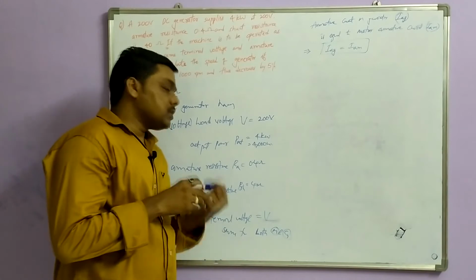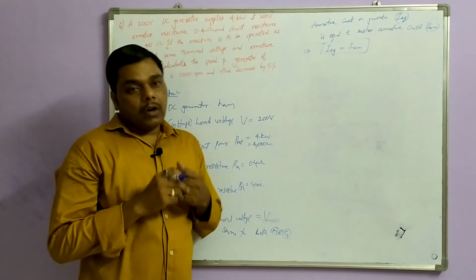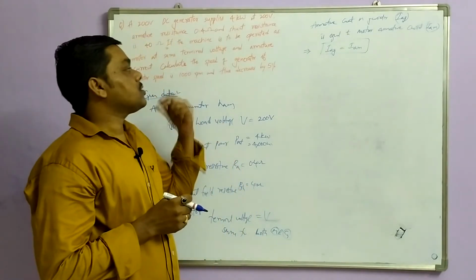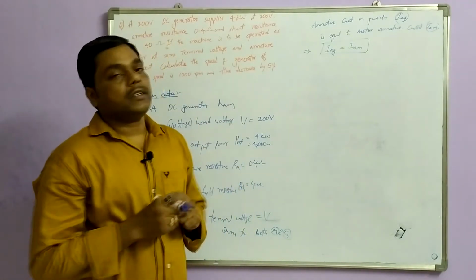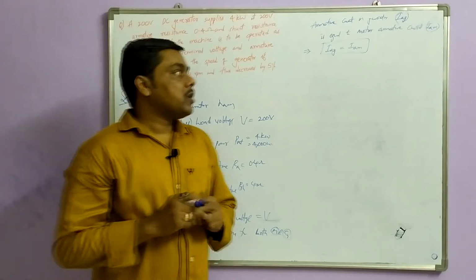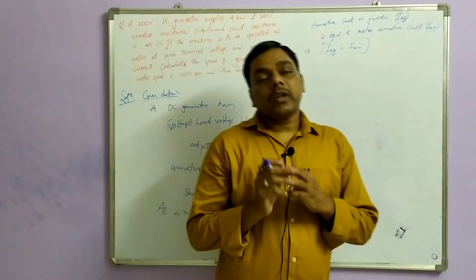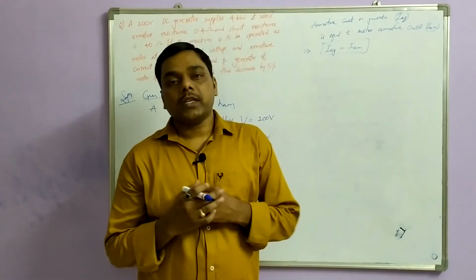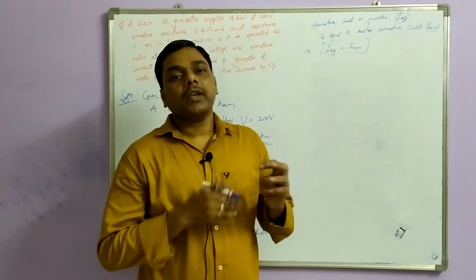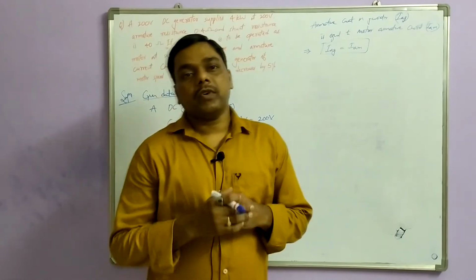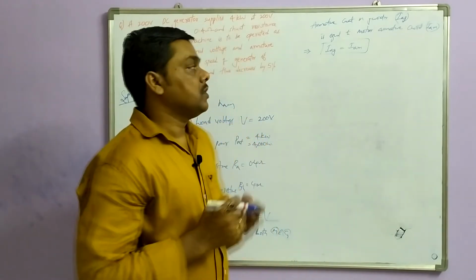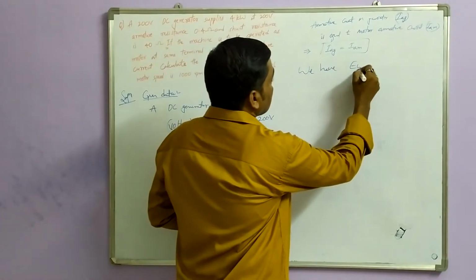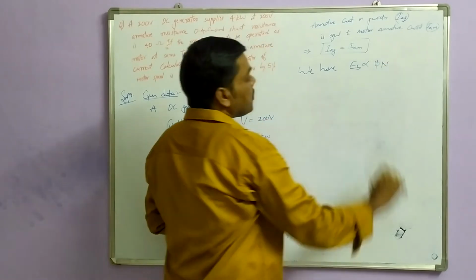The terminal voltage is also the same. Now we have to find out what is the change in speed if motor speed is given and also the flux relation is given. So the important parameter is what is the generated voltage and what is the back EMF in these two cases. If you find that out, we can evaluate the relation for flux and speed. Okay, so we have EB is proportional to phi into N.